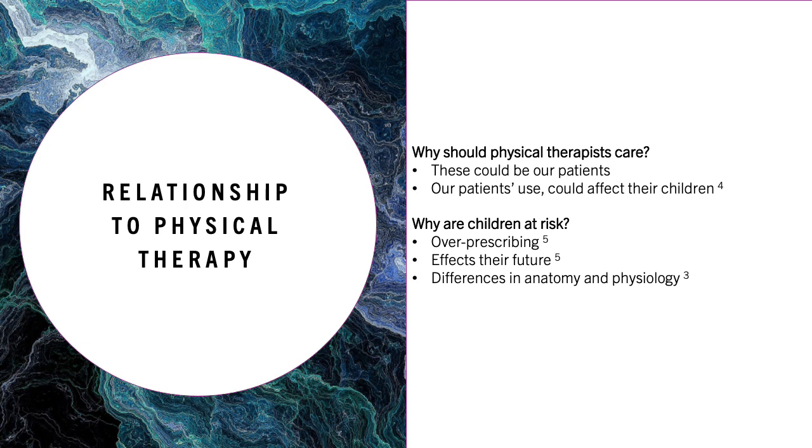So that might be important for you to tell maybe an adult patient to reduce those effects on maybe their children while still in the womb, or say you have a parent who's on opioids for pain management and they have children in the home. It's important to make sure that they know the effects that they can have on children so that they're making sure to lock up their medication tight so that those children can't get a hold of it.